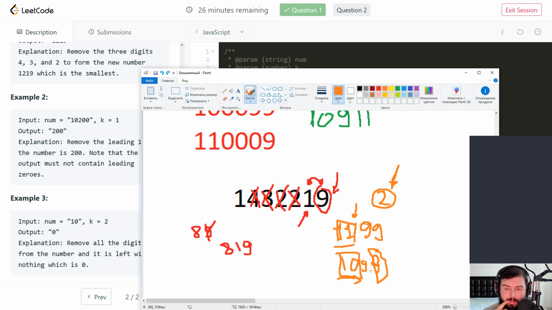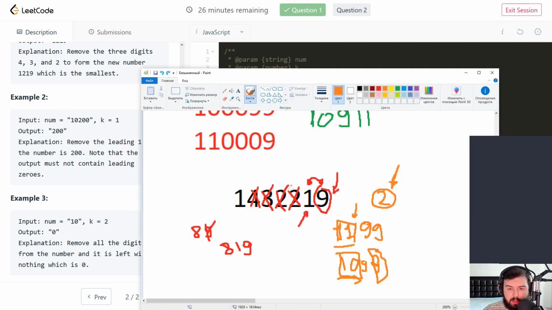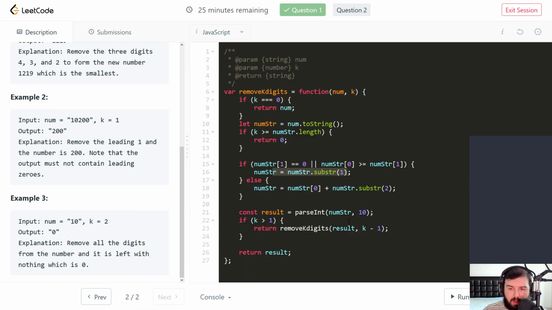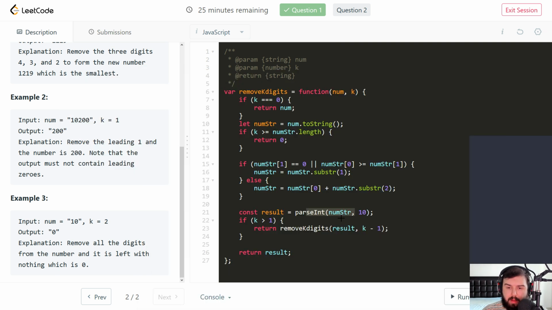So let's increase our conditions. If the second symbol is 0, then we anyway go with removing the first symbol, since we want to remove 0 also. It will be removed with parsing integer. But in this case,